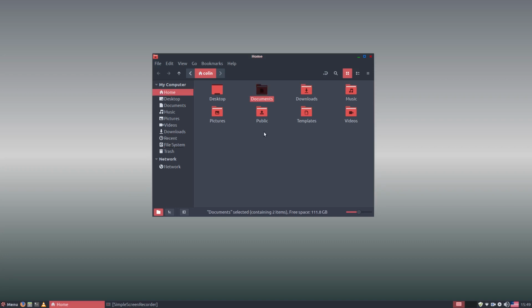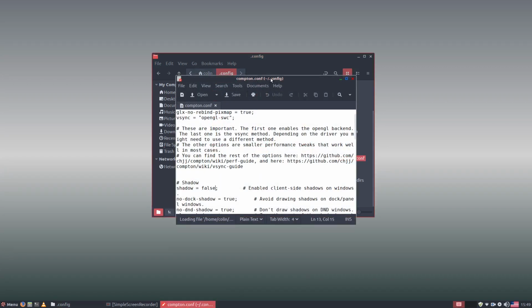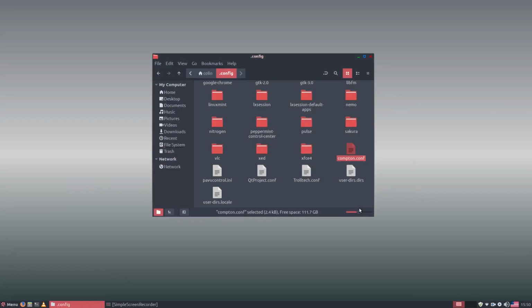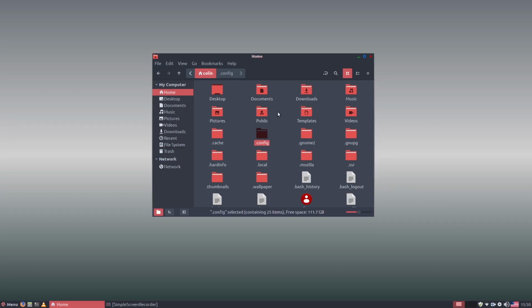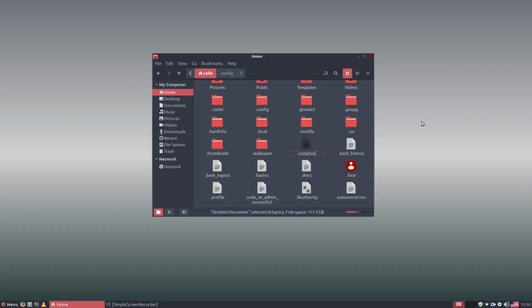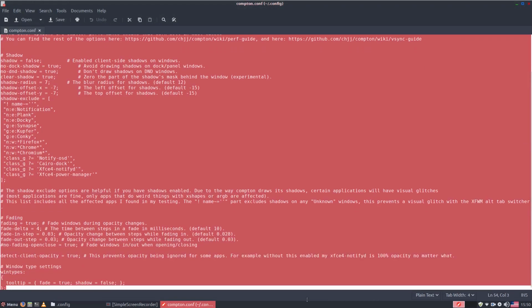I will put this compton.conf in the show notes, copy and paste it. That way you don't have to update this or change it, because it'll be correct anyway. So if you were to do this yourself, if we just go into a particular folder, or we can just do it in here. If we create a new document and call it compton.conf, but you would do that under the .config folder, create that one there, and then you would just copy all this from my show notes,